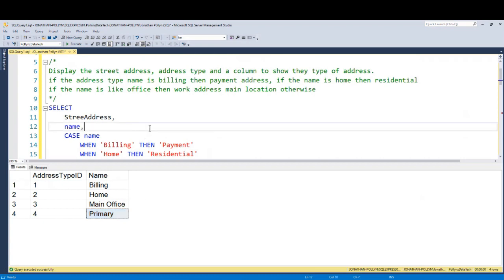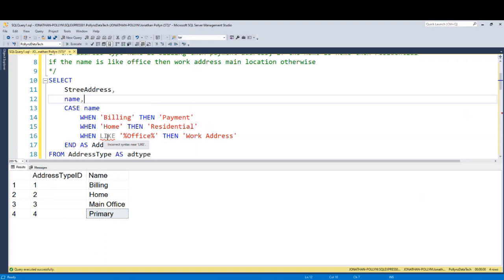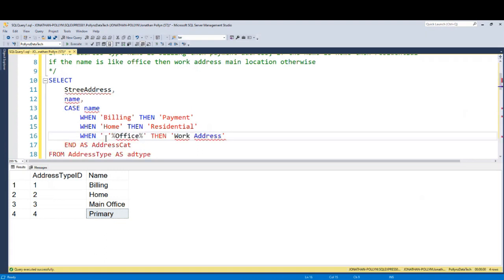So I'm going to say when primary, then we're going to say main location. Main location. Then other than that,